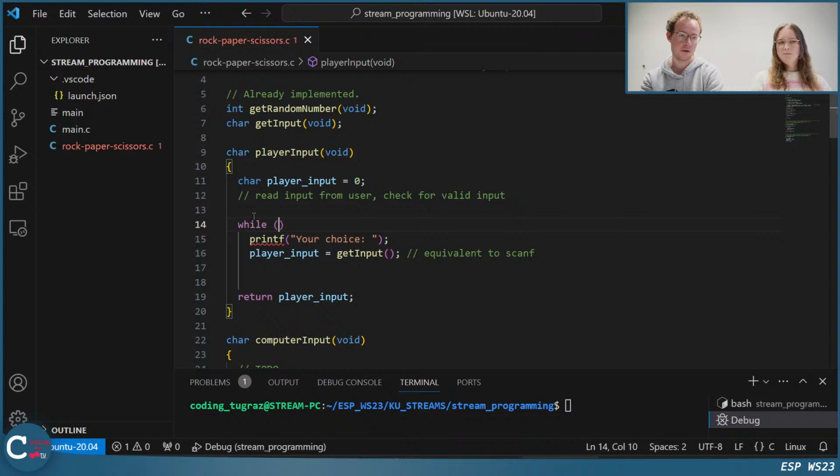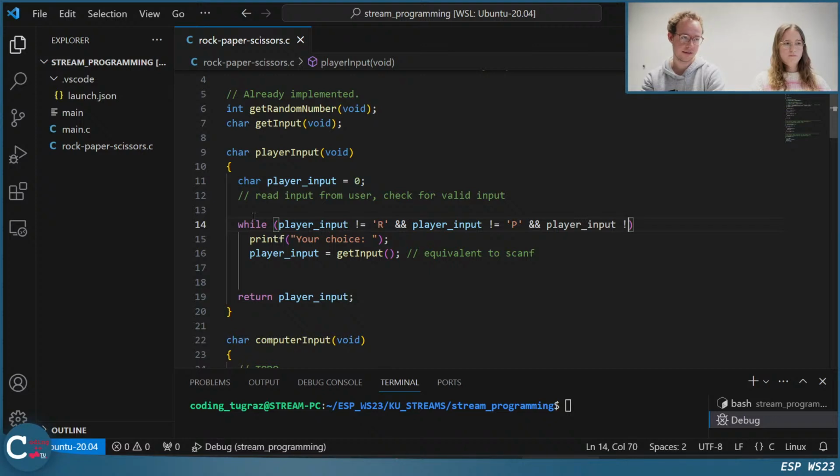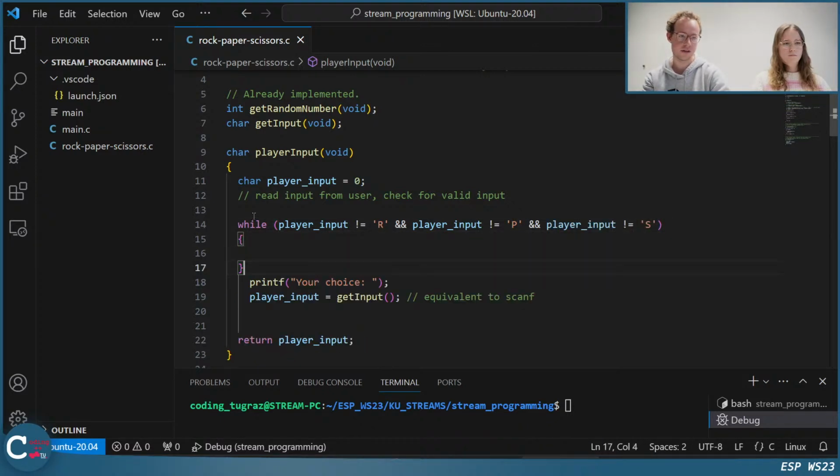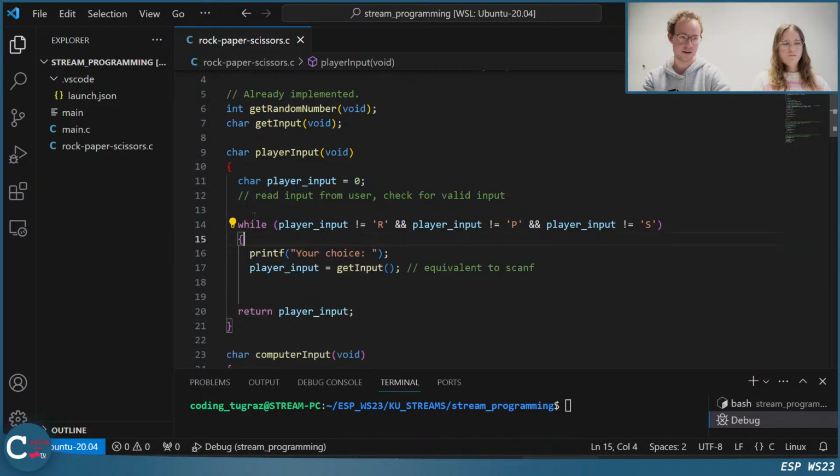And how long should this loop be repeated? Yeah, as long as the player input is not valid. So as long as the player input is not a big R and not P and not S, rock, paper, and scissors. So as long as the player input is not any of those three characters, we want to repeat it here.